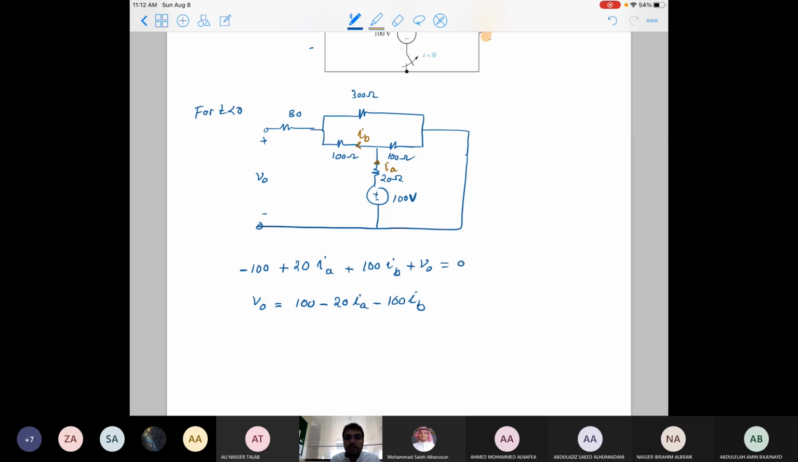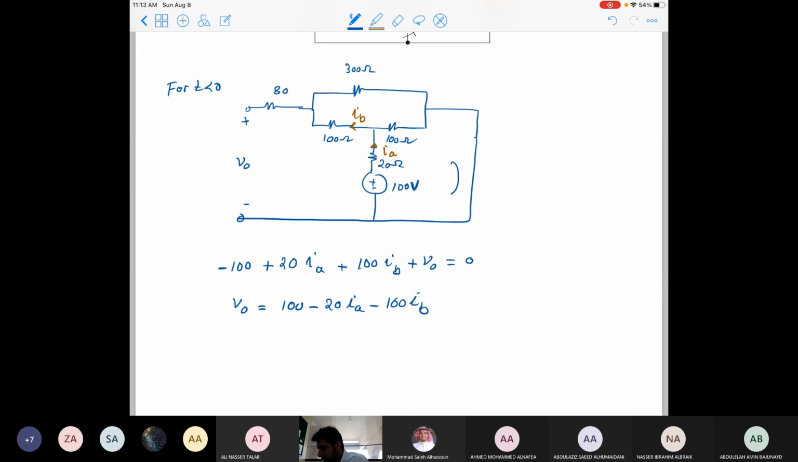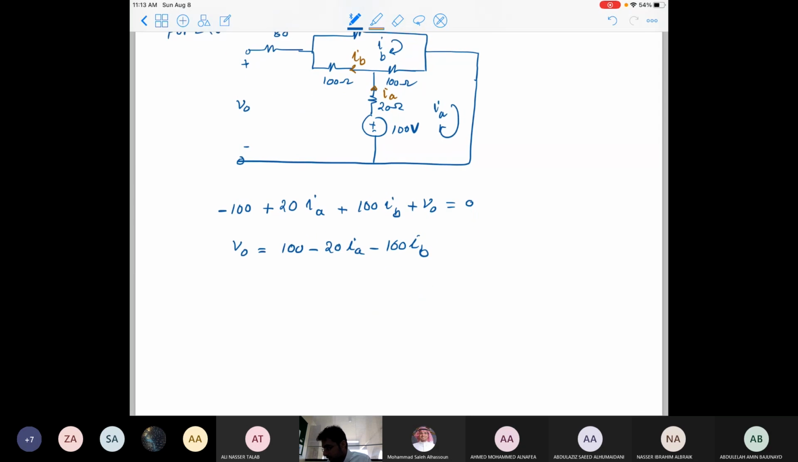Okay, so what is IA, what is IB? In order to find them, you need to apply the mesh current method. This one is IA, this one is IB. So using the mesh current method, you'll see that